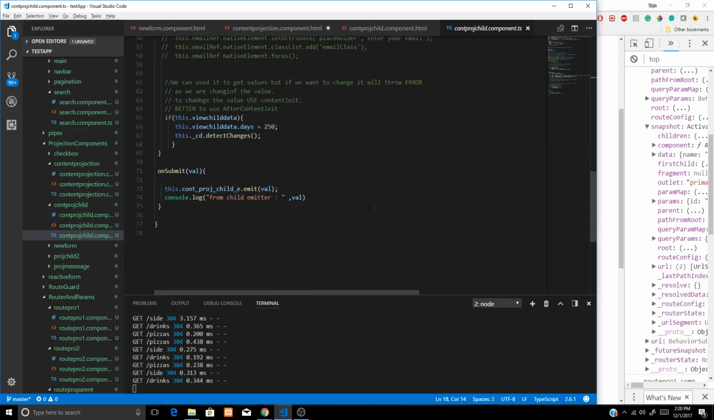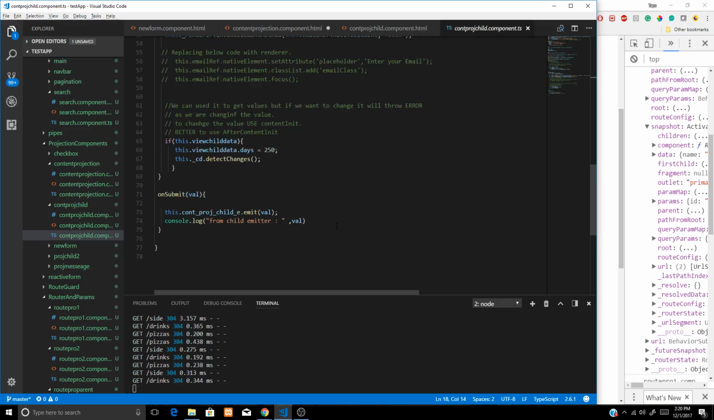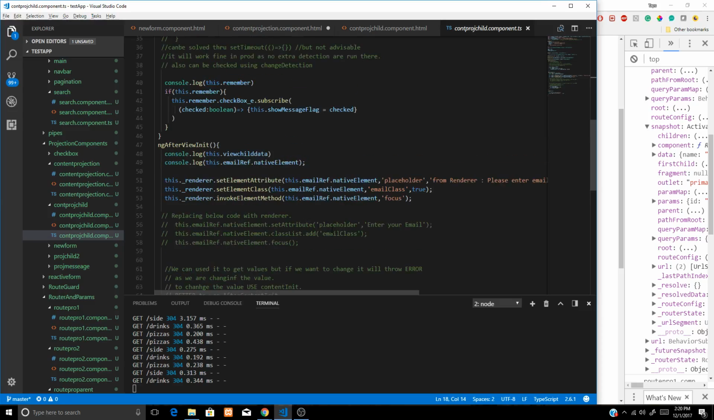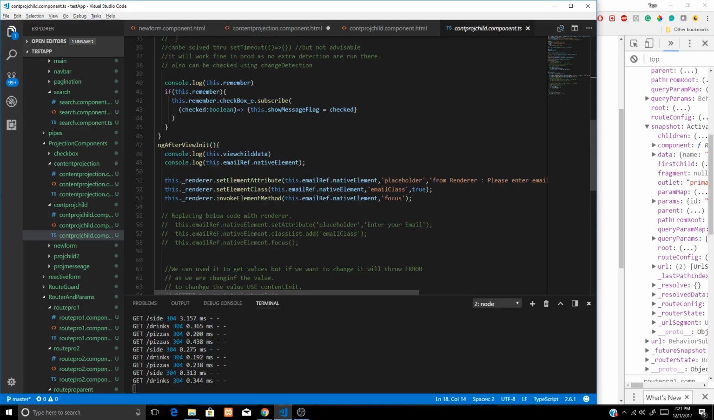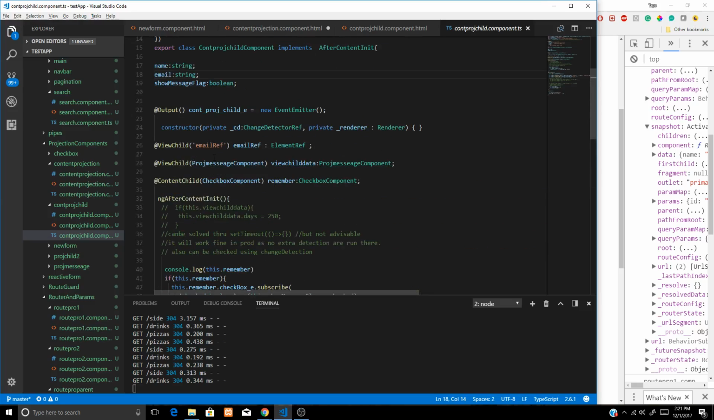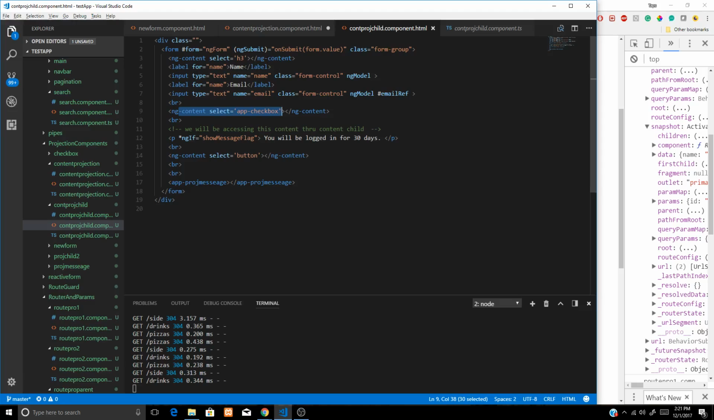let me check what we are doing here. Content projection child emit. That's fine. On checkbox, we didn't do anything here. Anyway, so what we did here is we put an element reference because those stubs are projected. ViewChild, let's go to here. If you see,